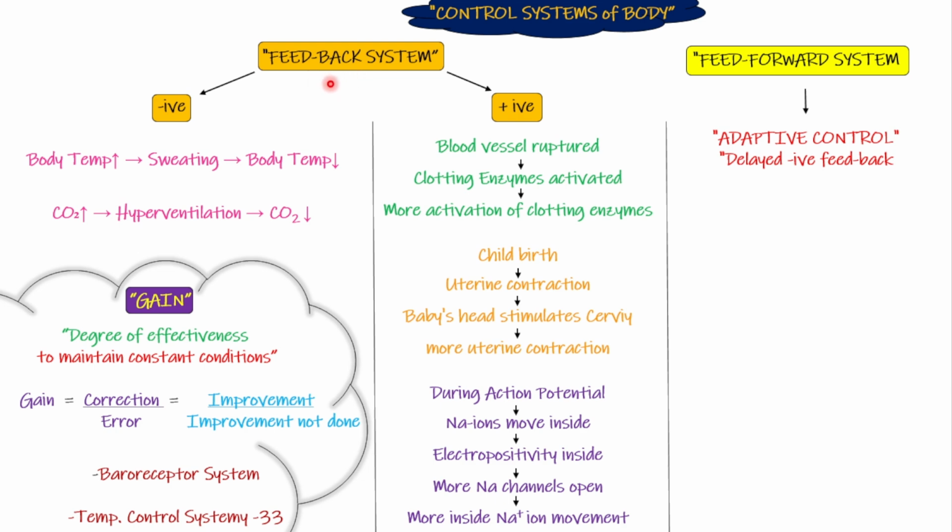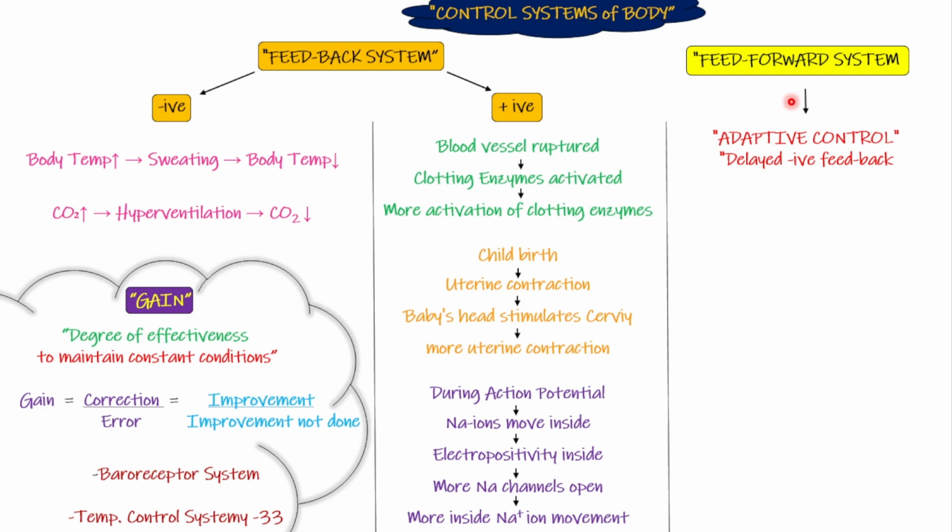Now, in feedback system, there is a stimulus and the body is responding to that stimulus. After the stimulus has occurred, there is increase in temperature, there is increase in carbon dioxide, there is action potential, there is rupture of blood vessels. So in feedback system, the stimulus comes first, and then the body responds to it negatively or positively, to maintain balance. Whereas in feed forward system, the stimulus hasn't occurred yet, and the body has already given a response